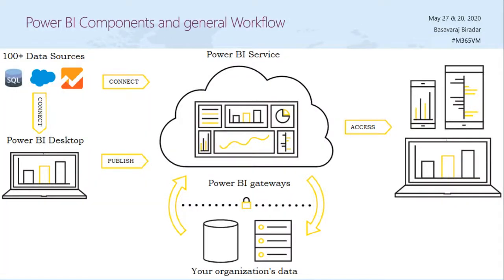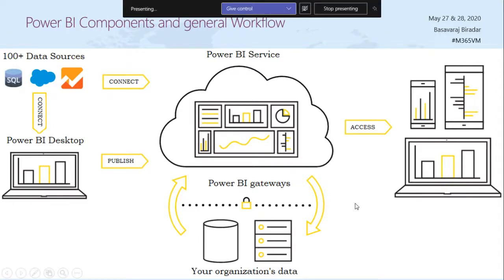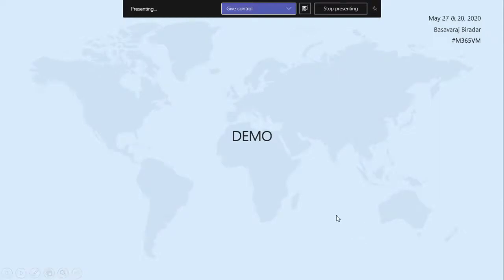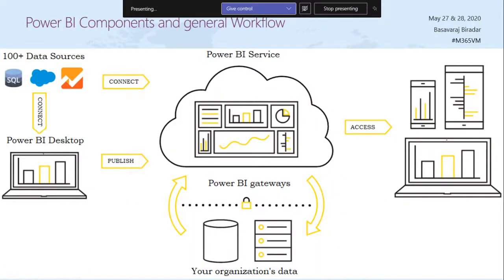Moving on. Let's understand what the different Power BI components are and generally how the workflow works. Power BI desktop is one of the main components. It is like an exe which you can download from powerbi.microsoft.com. It is a completely free product. You can download and install it on your machine. In this Power BI desktop component, you import the data from various data sources. After importing, you transform that data and generate various beautiful reports.